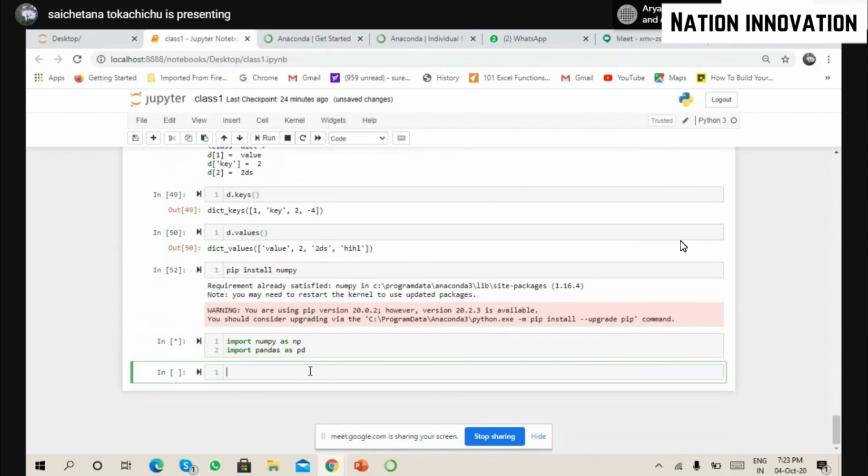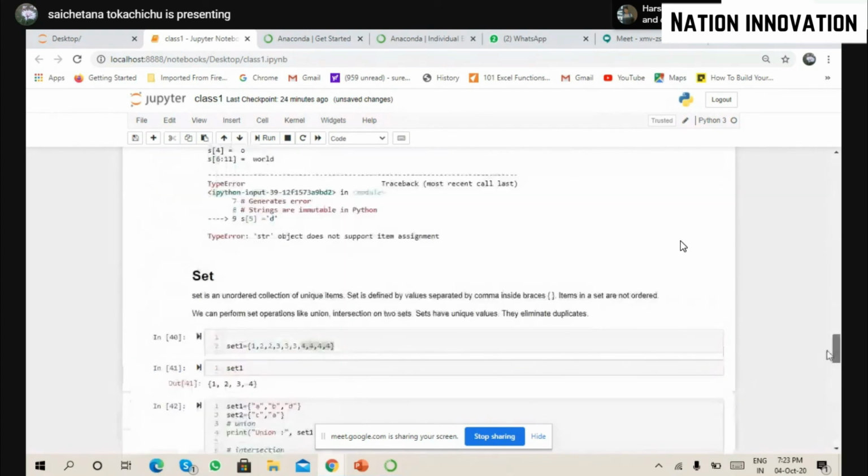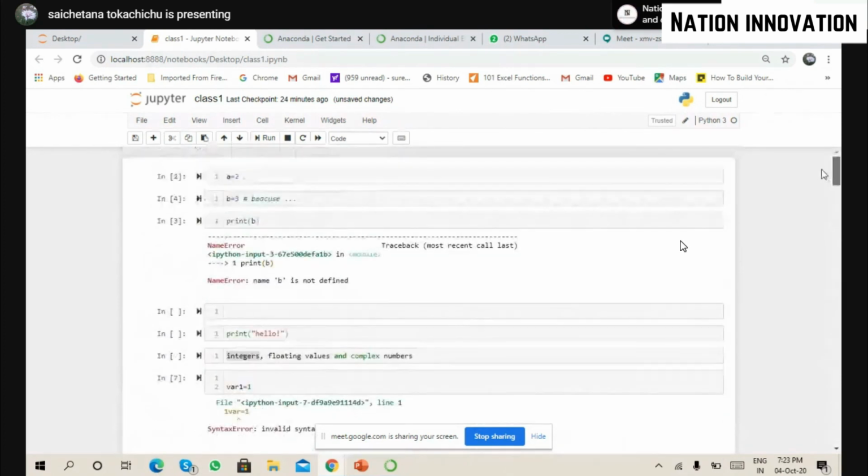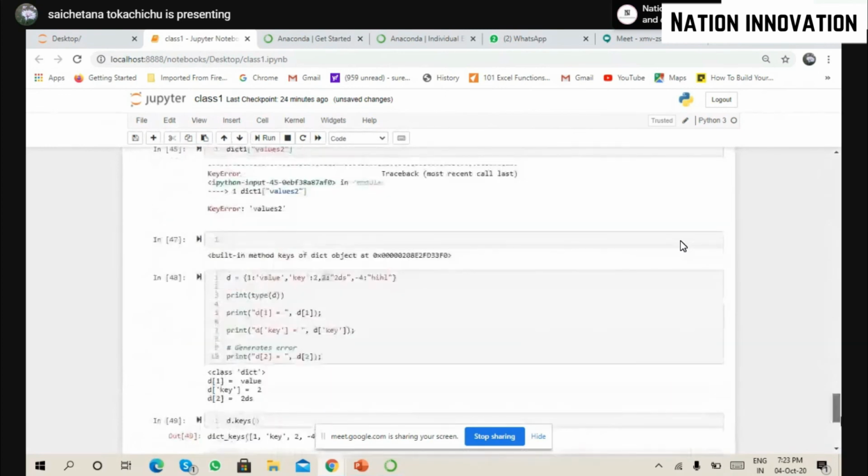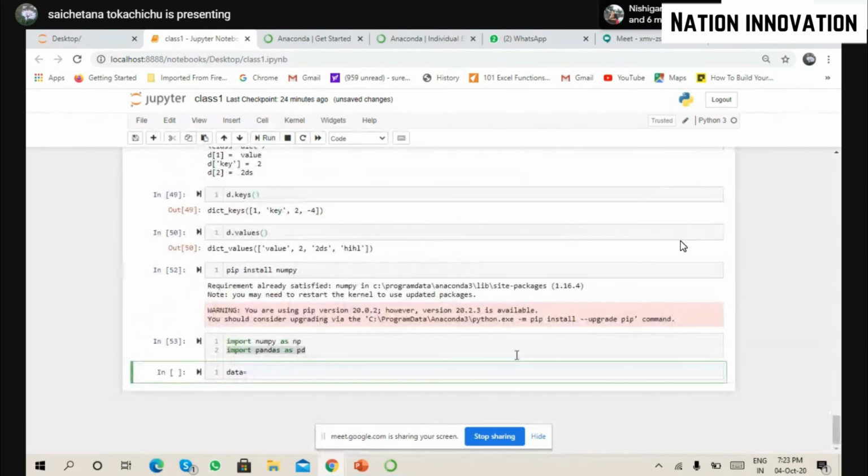Pandas is used for data manipulation and all. I told you, right? Let's say I am having data. I am telling you how to get data. Over here, if you have seen, we have added a single variable and told this is the value for it. So if you have an Excel file or some CSV file, how do you get it? We read it through pandas. So pd dot read.